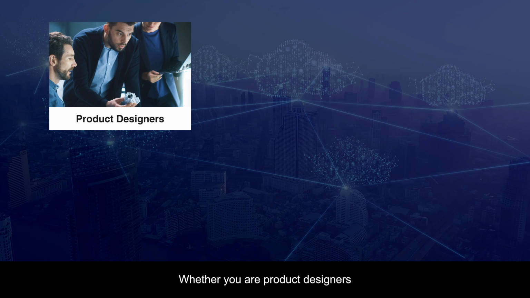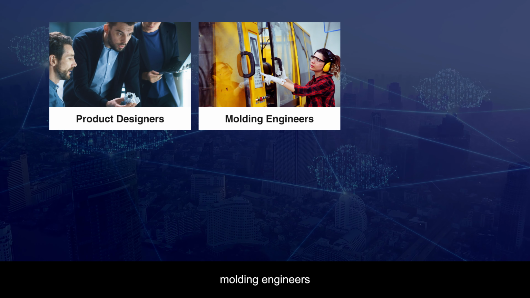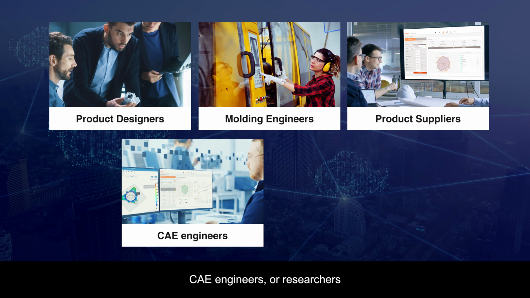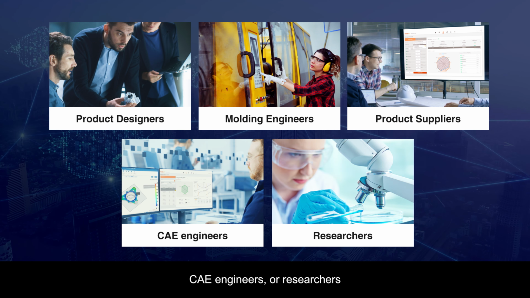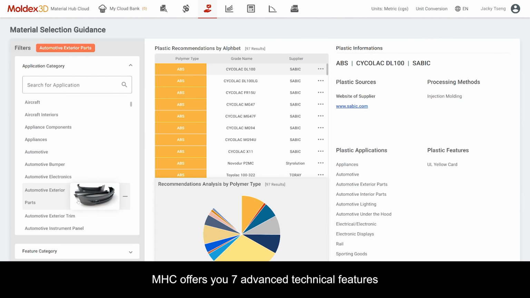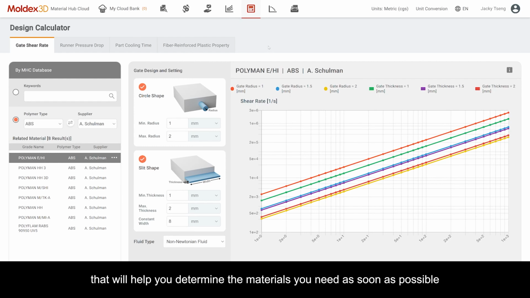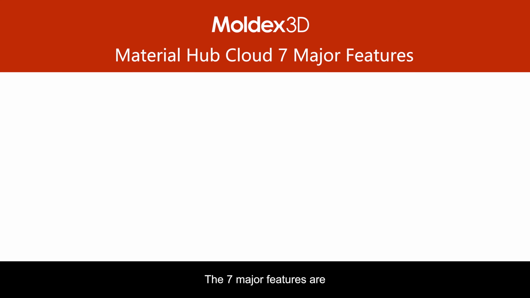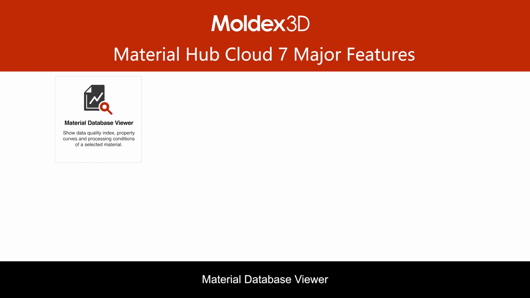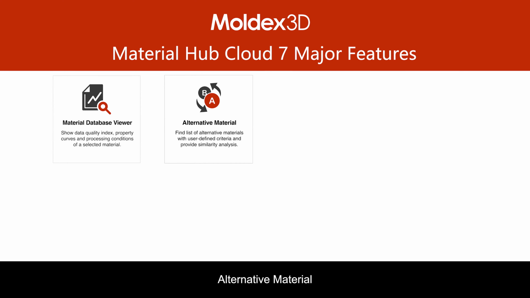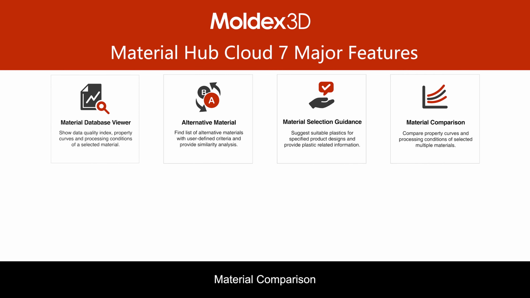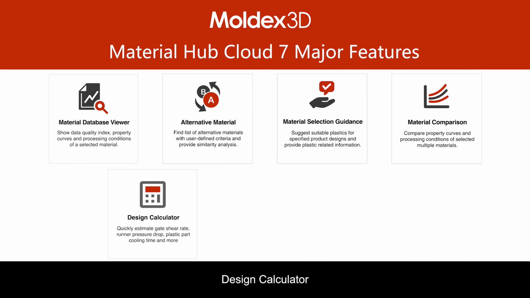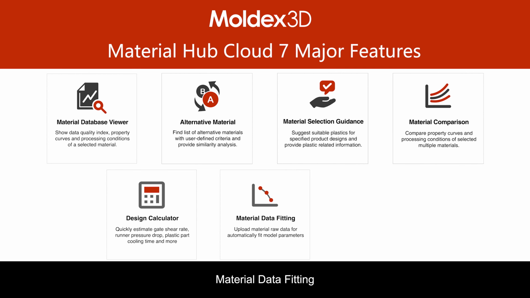Whether you are product designers, molding engineers, material suppliers, CAE engineers, or researchers, MHC offers you 7 advanced technical features that will help you determine the materials you need as soon as possible. The 7 major features are Material Database Viewer, Alternative Material, Material Selection Guidance, Material Comparison, Design Calculator, Material Data Fitting,